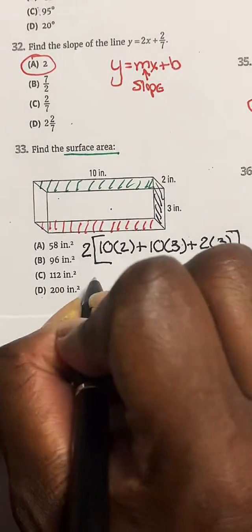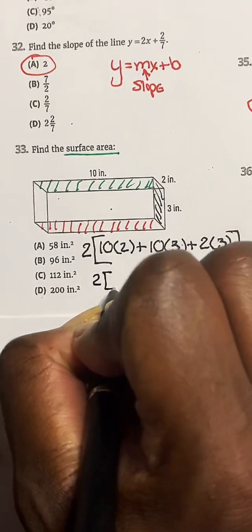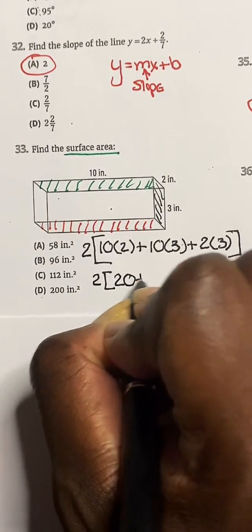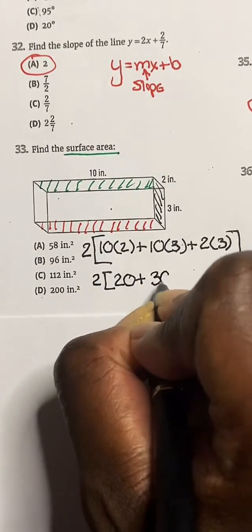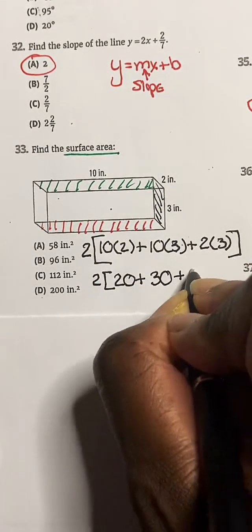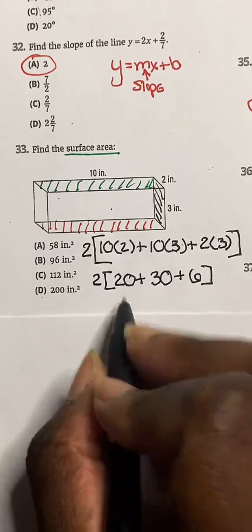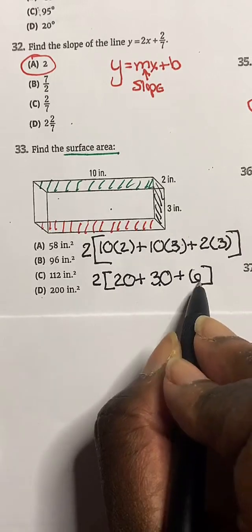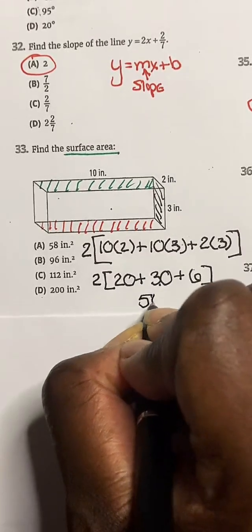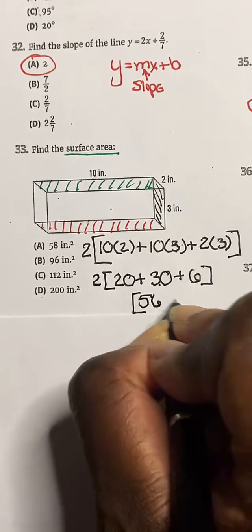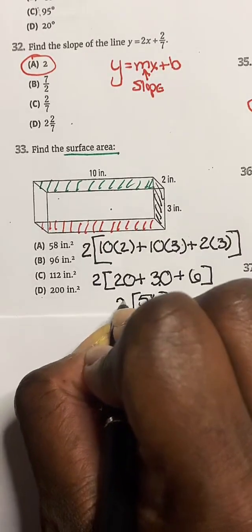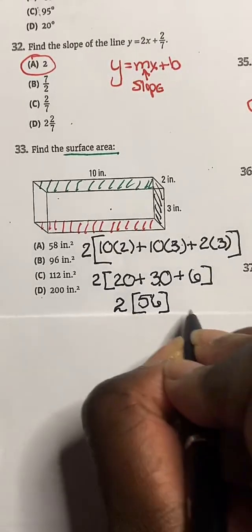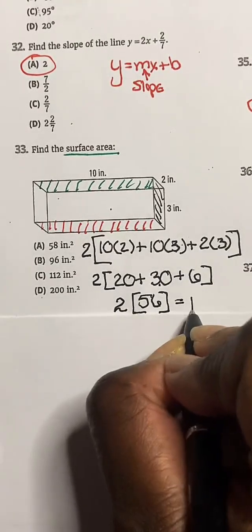So we have our 2 times 10, that's 20, plus 10 times 3, that's 30, plus 2 times 3, that's 6. And then we add together. 20 plus 30 gives me 50, plus 6 gives me 56. But we need to multiply that by 2. Okay, so if we do our 56 times 2, that gives me